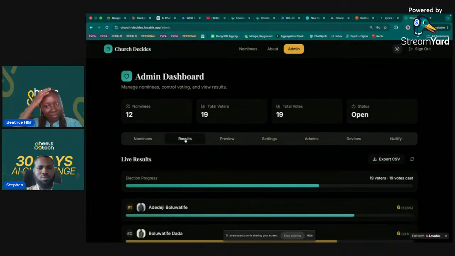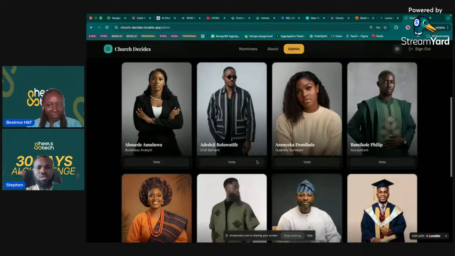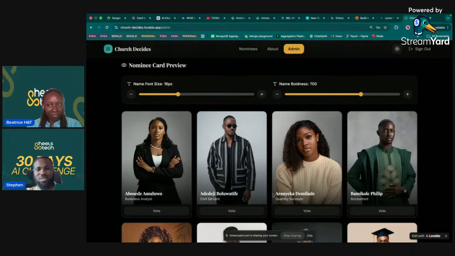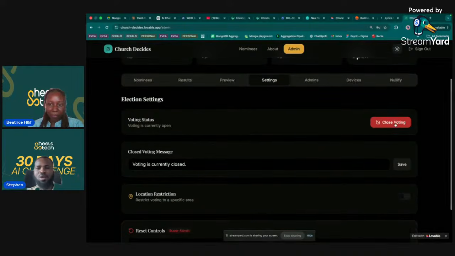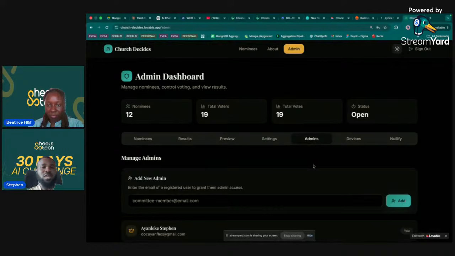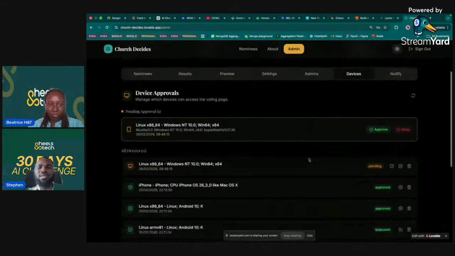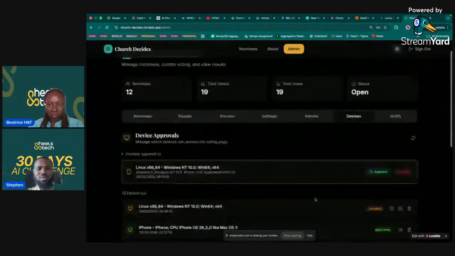Here's a preview to see how it's going to look for the client when they look at it. The client there, I mean church members, you know. So then I can close the voting. Once I close the voting, nobody can vote anymore. Then if I'm not around and I have trusted people in the media team, I can add them as admins too, but I'm still the super admin, and I can monitor every device that logs into the application,